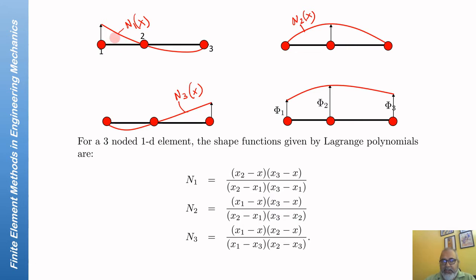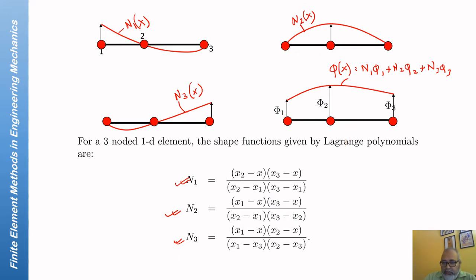So the interpolation property is this one is 1 at x1, 0 at x2, 0 at x3. So Lagrange polynomials will directly give you this shape function. N2 is this, 1 at x2, 0 at x1, x3, will give you this. N3, 1 at x3, 0 at x2, x1, will give you this. So directly you have the shape function, and then this is your actual approximation for phi of x, which is N1 phi 1 plus N2 phi 2 plus N3 phi 3. So this is what we will have